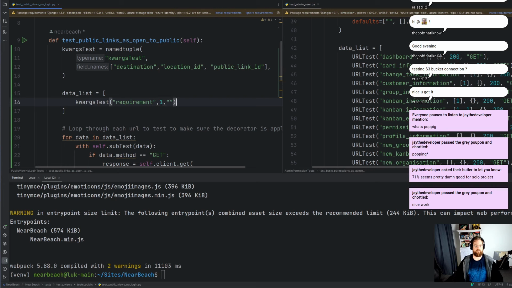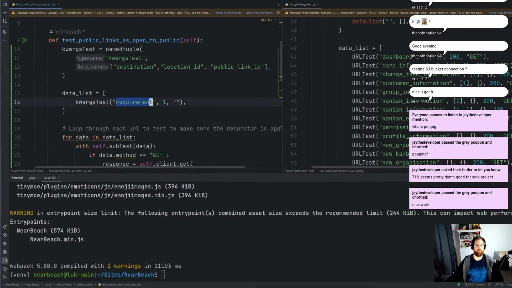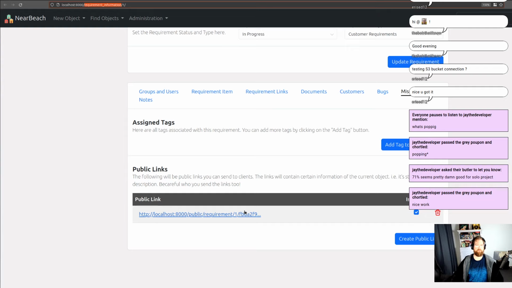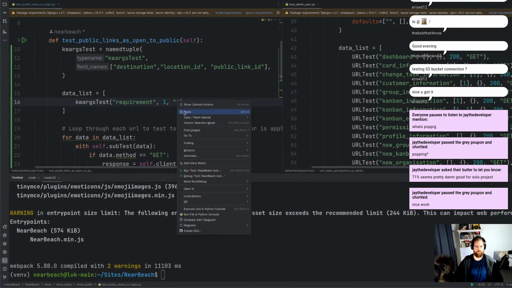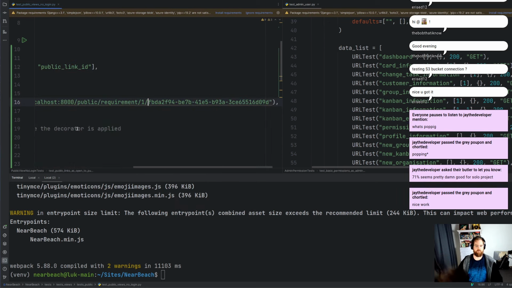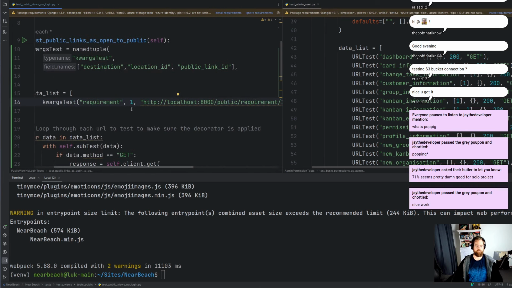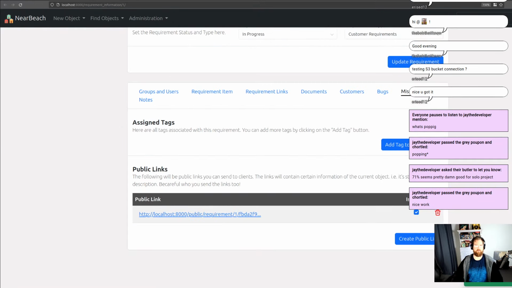And then we'll have the public link. And it'll be separated like this. To be, yeah, it'll be requirement. And then we're just going to paste that in. And we're getting rid of this. I think that should be